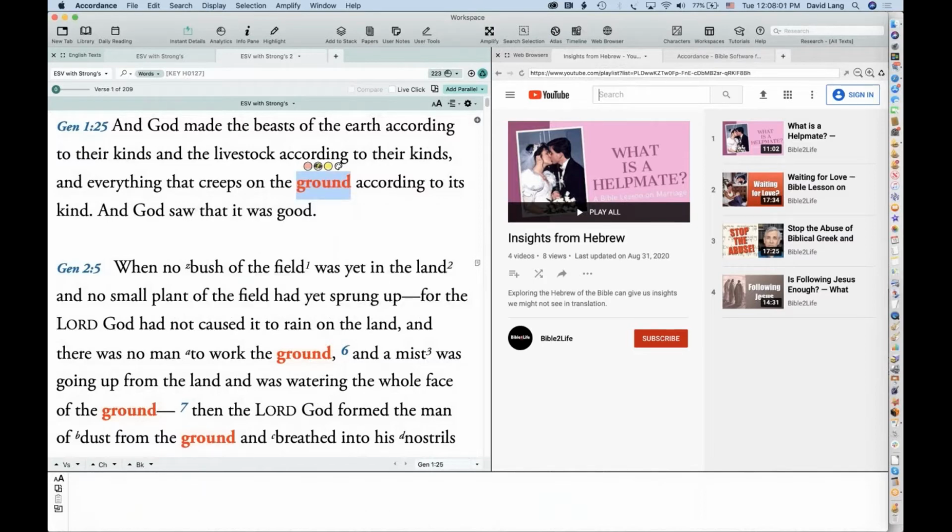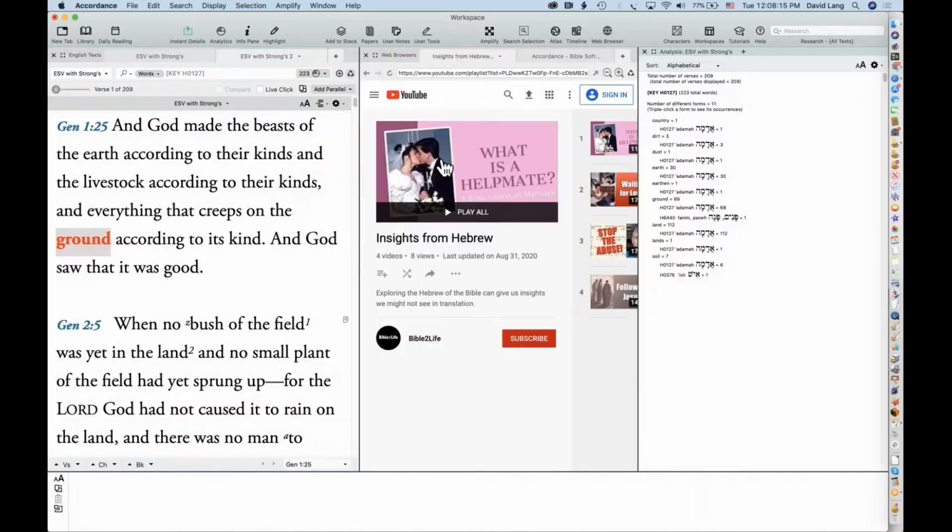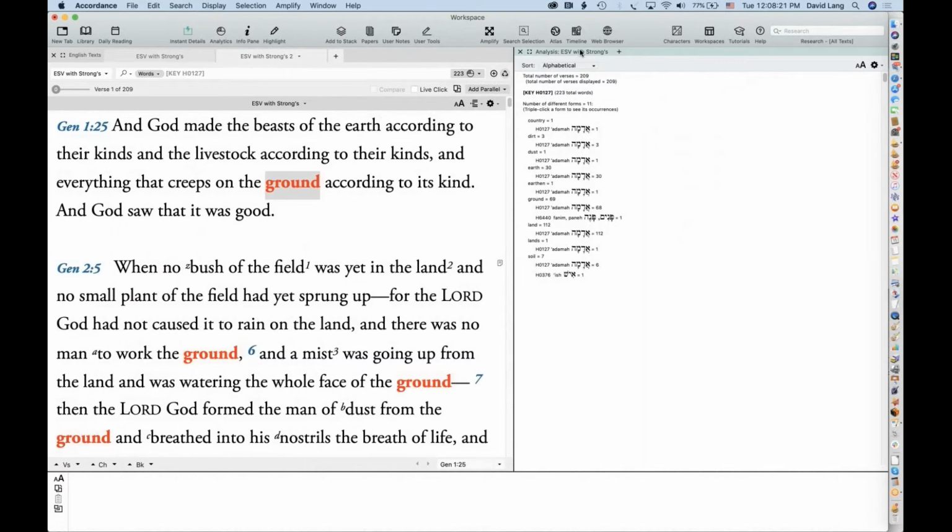So even with a key number text, I can do some basic key number searching. I can go into the analytics here and ask, how is that word translated into English? Let me go ahead and just close that.